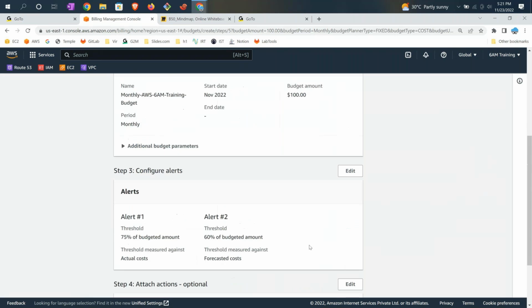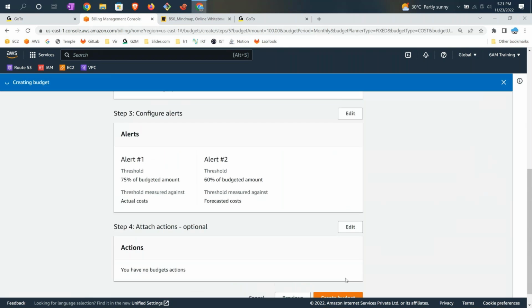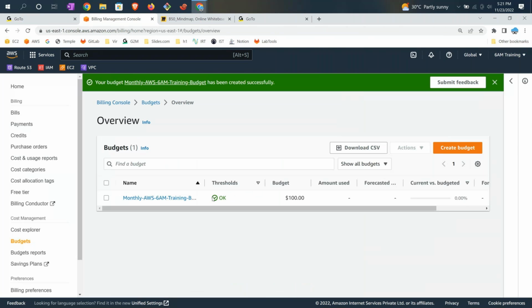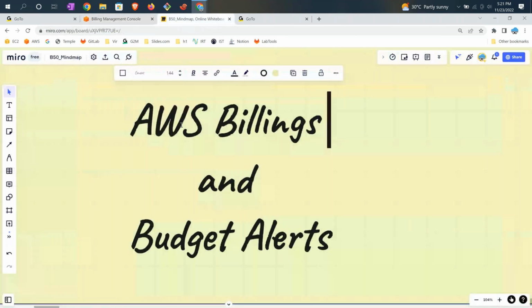So that's it. Create the budget. That's it, we are good. Now the budget is on. AWS doesn't charge you for this budget. So this is one way of creating an AWS budget, and exploring the AWS billing,